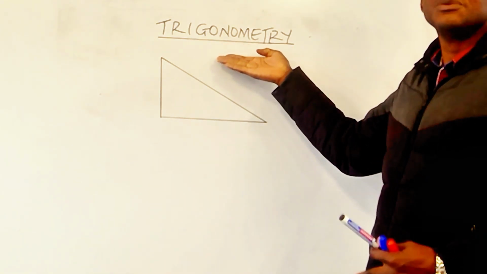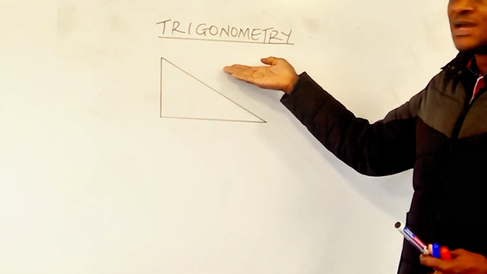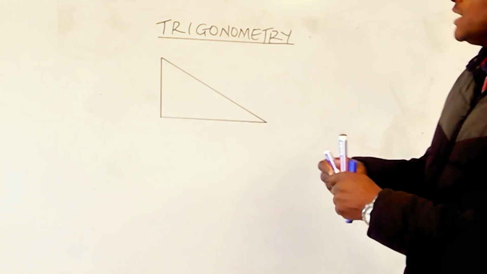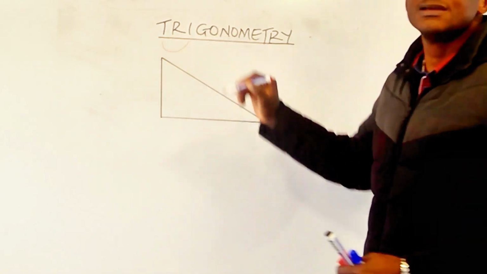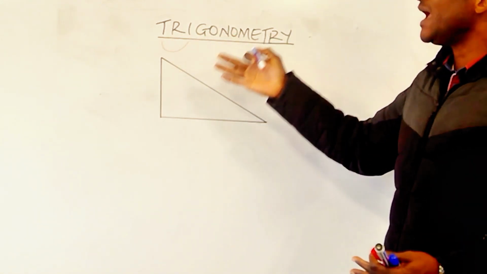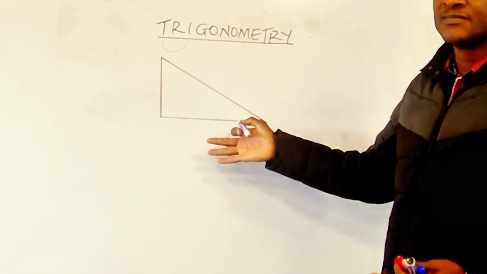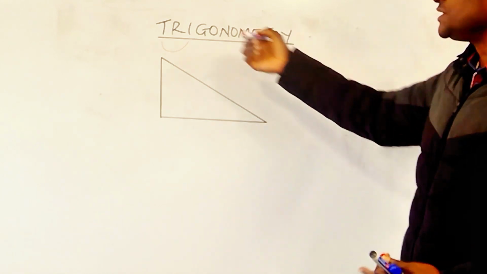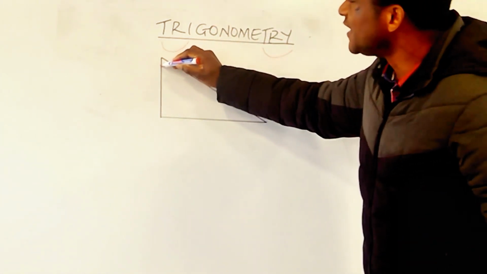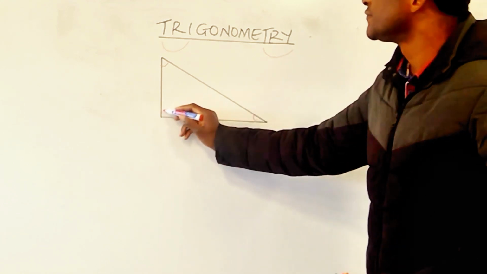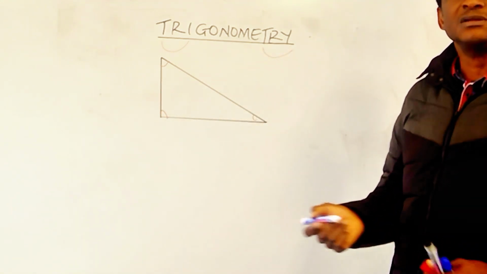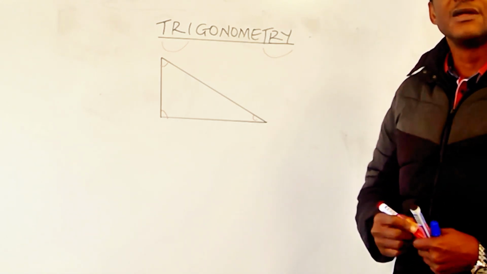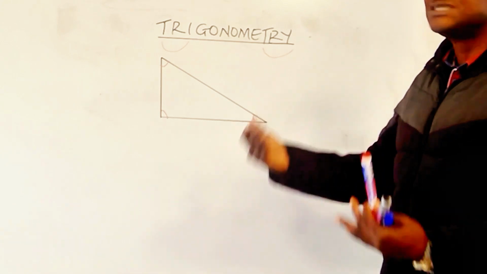Trigonometry is talking about geometry. That means a shape is involved. And the shape we are talking about when we are talking about trigonometry, as the name implies, tri means 3. It means the study of any shape with 3 sides. And in this case, if you look at this, 3 sides and 3 angles are involved. So trigonometry in a nutshell is the study of shapes with 3 sides, 3 angles, and by extension we